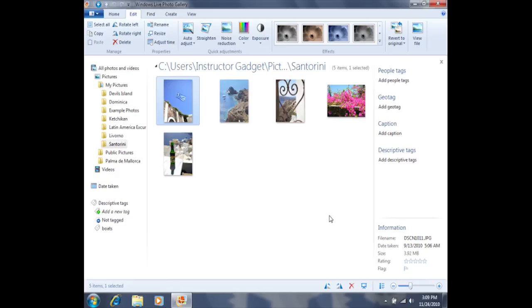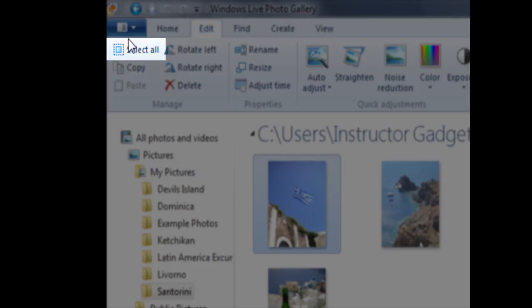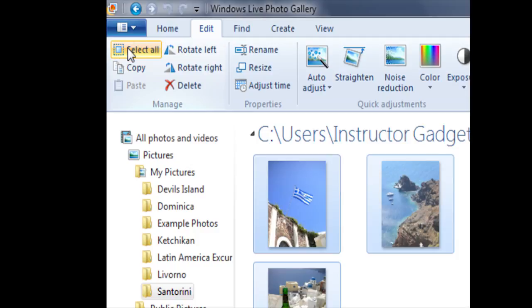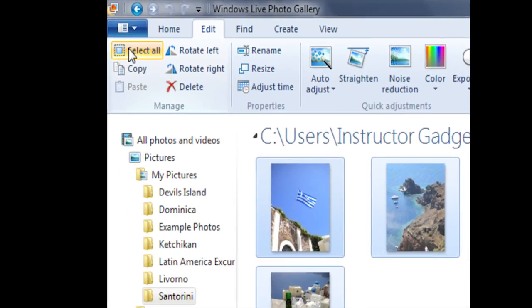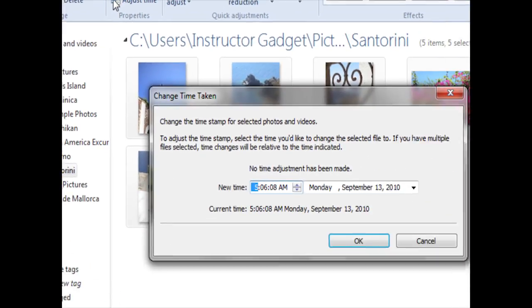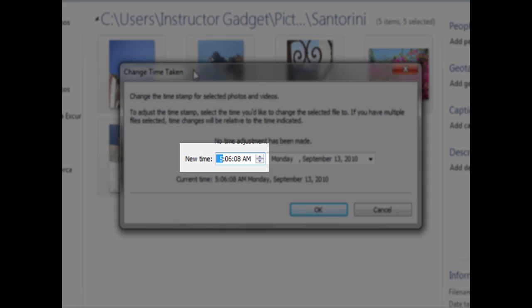In order to do so, I'm first going to select all of the photos in this group by clicking on Select All in the top left-hand corner of our screen. Once I click on Select All, the photos will be selected. I can then click on Adjust Time, where I'll be presented with this window here. The computer states that the photos were taken at 5:06 a.m. because I forgot to change the clock on my camera when I flew from the east coast of the United